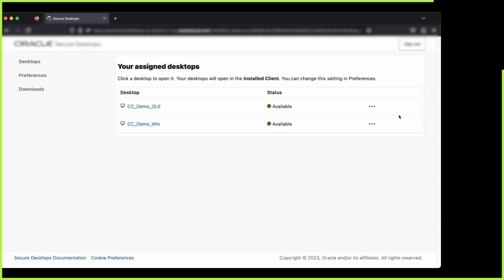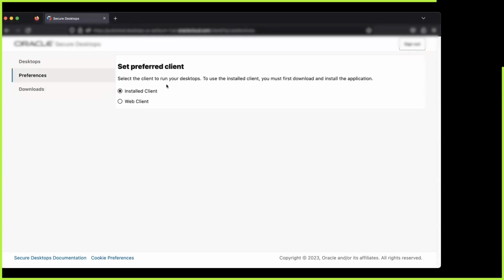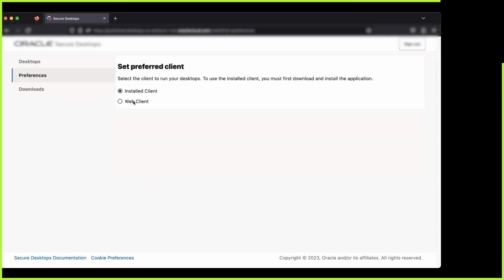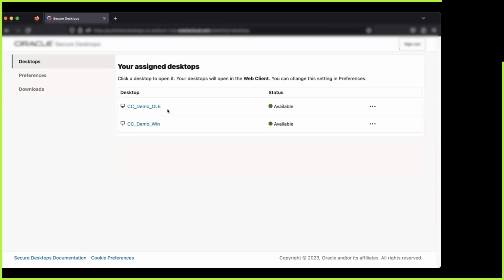And I get presented with the pools that were created by my tenant administrator in the desktop pool. If I click on the preferences, this is what Thomas mentioned, that you have two different options, install client and web client. Install client are the binaries that you can download from this specific location according to your client location. So let me go back to the preferences and let's keep the web client and try accessing the